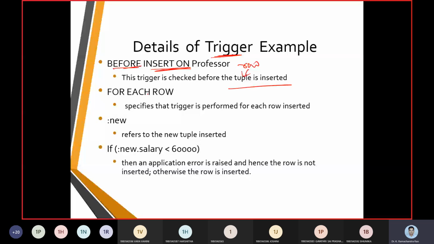Then the condition we need to take up, followed by the trigger body. The trigger body is going to have a declaration, it is going to have begin, then end, and in between an optional entity called exception. All these items provoke the trigger events.